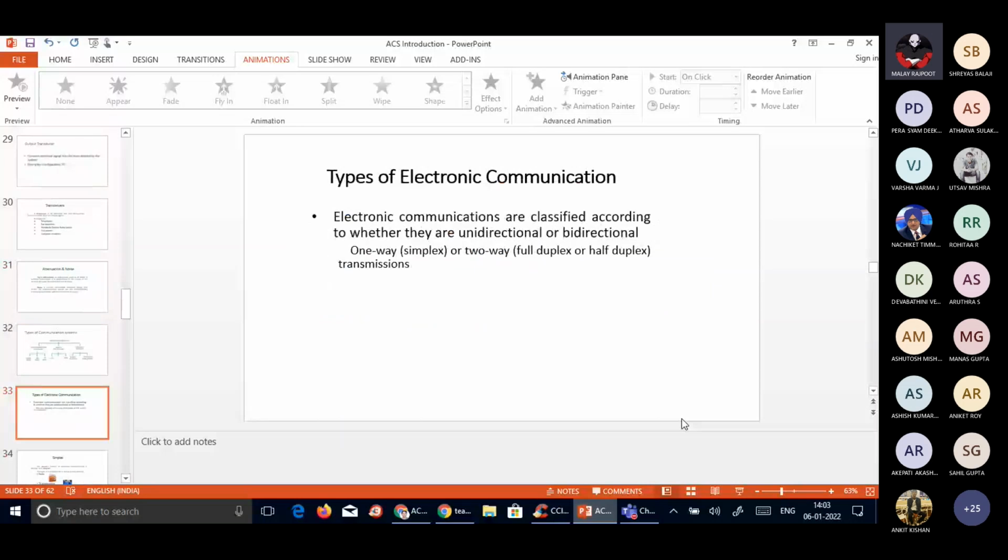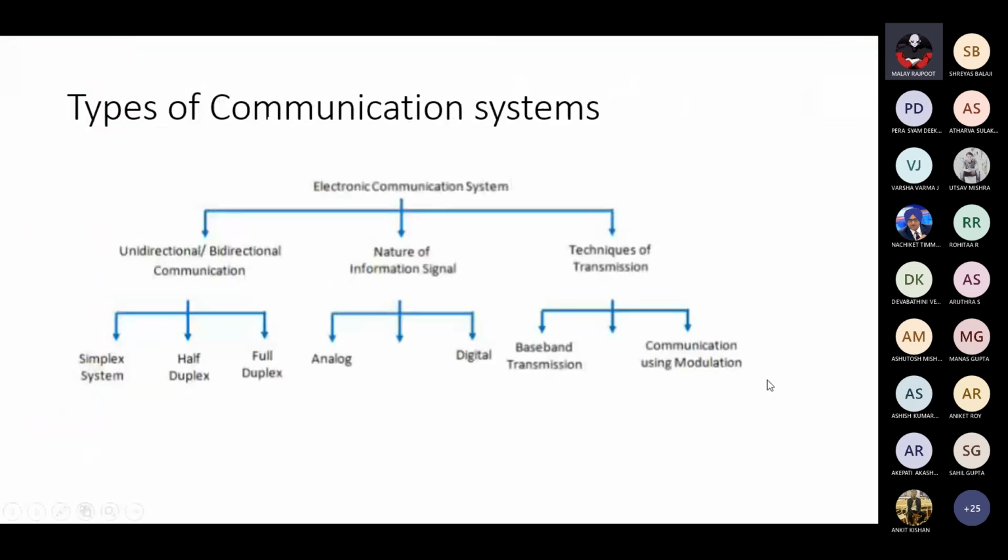Different types of communication, etc. Okay, so we can classify the type of communication based on the nature of the information, based on the signal communication, that is, whether it is unidirectional or bidirectional, and also based on the techniques of transmission. So here we have three basic categories, and out of which again it is further classified